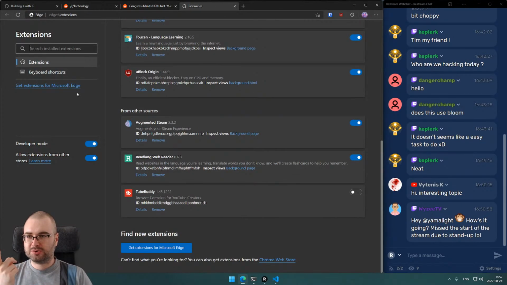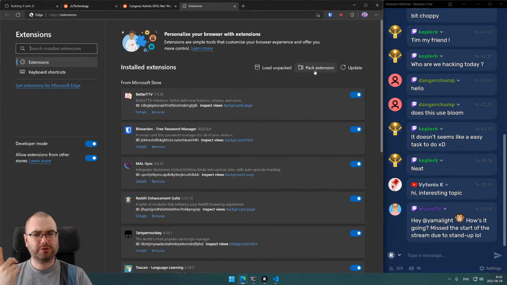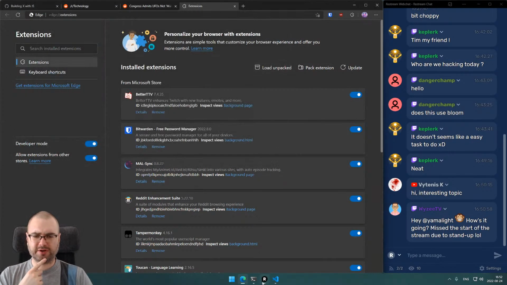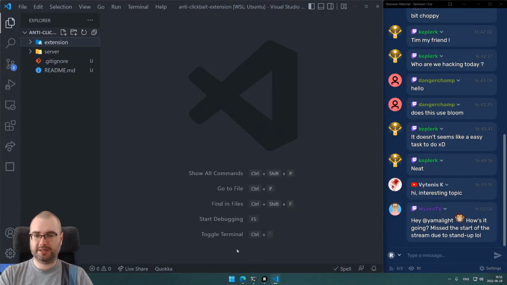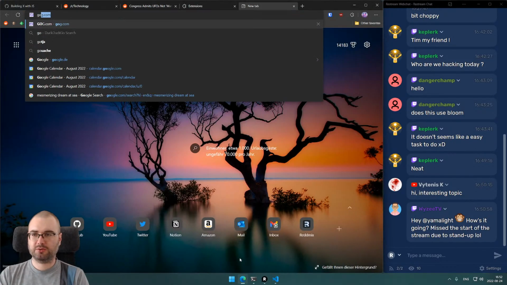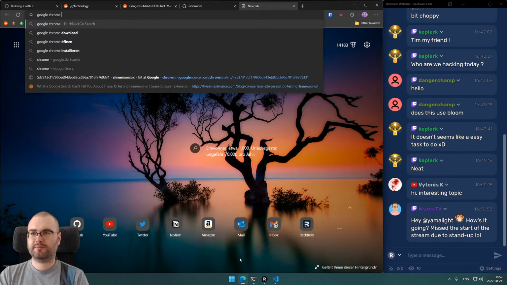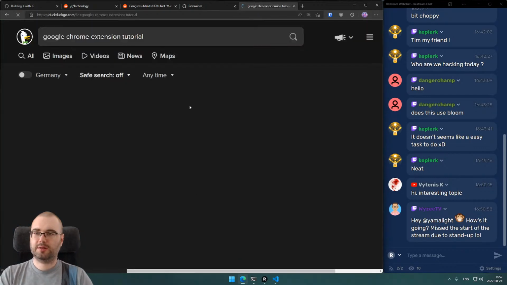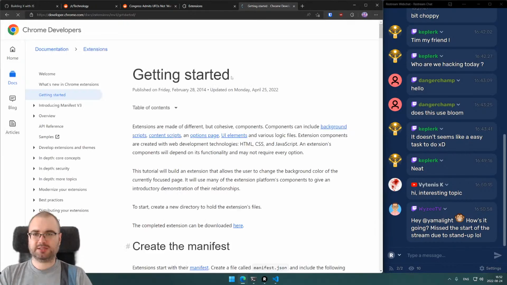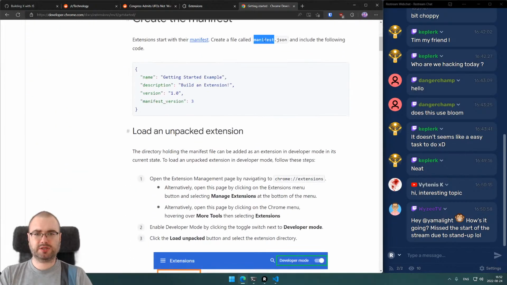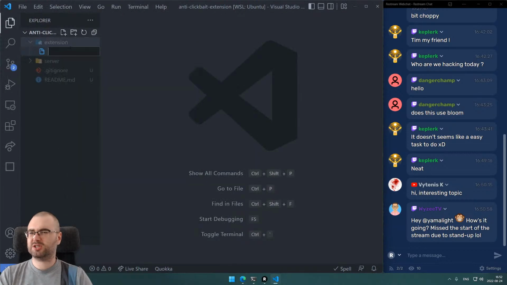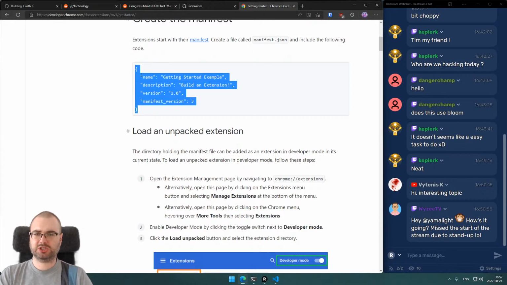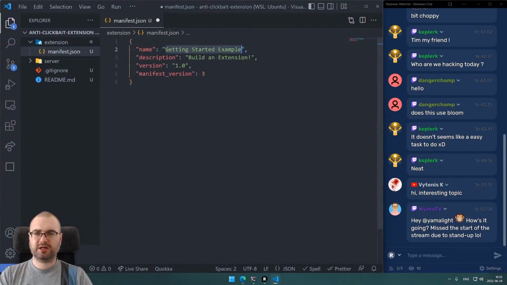Okay, let me think for a second. So we want developer mode. Yes, load unpacked extension. I think it should load it from VSL, but okay, we're gonna see. So essentially, okay, let's see Google Chrome extension tutorial. We're gonna take, yes, get started with extensions. So we create manifest JSON. So the extension is gonna be extremely simple. What I wanted to do is basically just inject itself